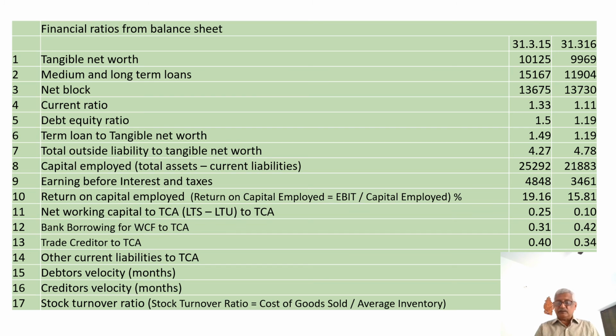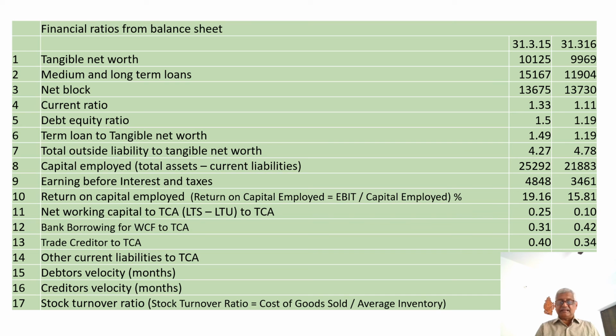So when we calculate the net working capital, that is a margin for working capital, what we need to do is take the sum of term liability and the net worth. From that sum, deduct the sum of fixed assets, non-current assets, and intangible assets. That is what is called the margin for working capital.